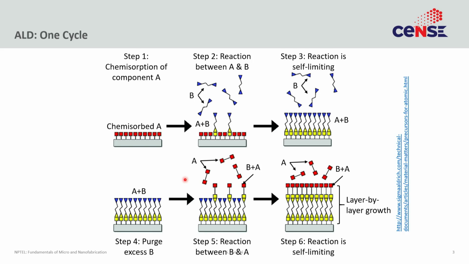So this is what one cycle of ALD looks like on a molecular level. You start with a substrate and then you flow the component A. Now that component A is designed in a manner that it chemisorbs on top of the substrate to form a self-limiting monolayer. Once again, if you keep flowing component A again and again, it doesn't change the thickness of this chemisorbed layer, and that is simply because material A does not want to stick to itself. It's not condensing. It is simply chemisorbing on the substrate.